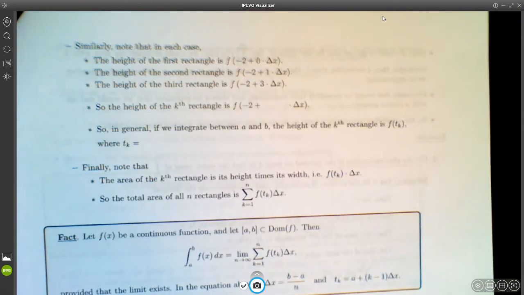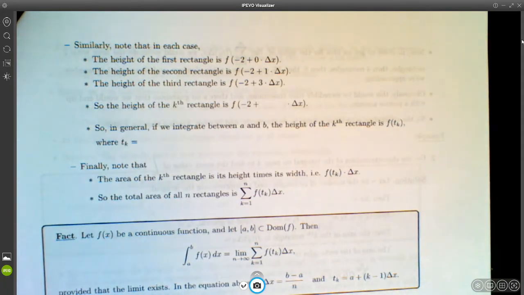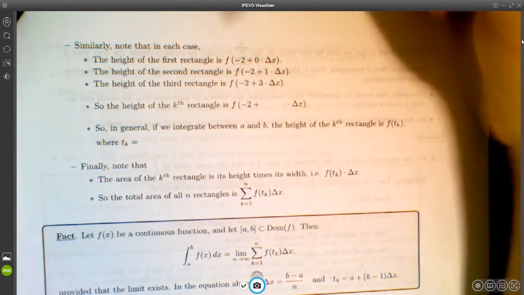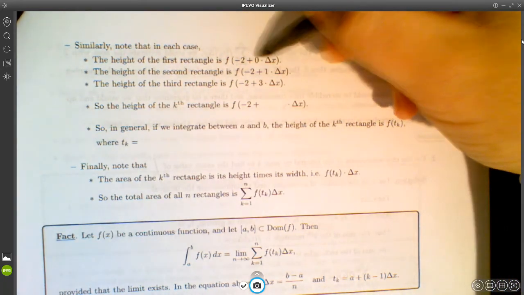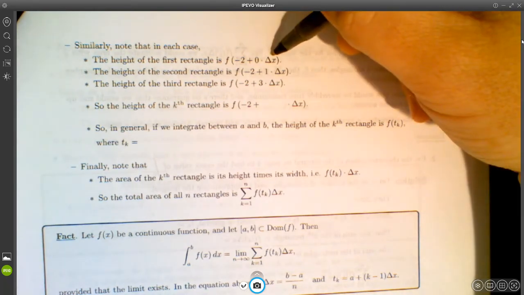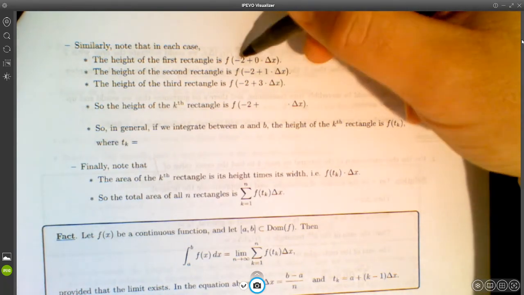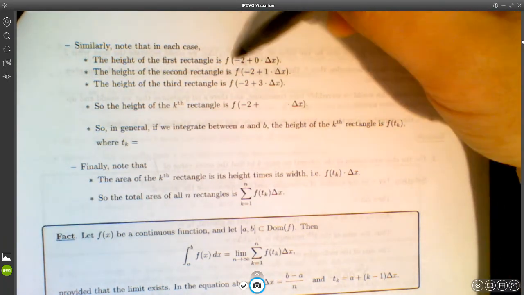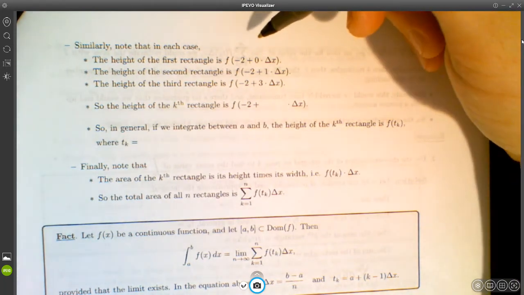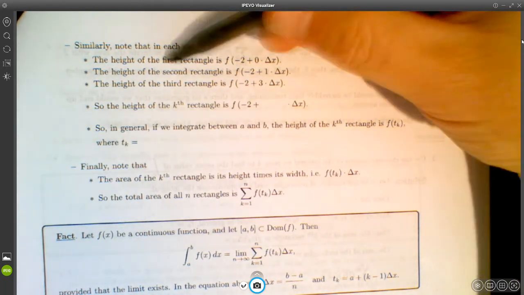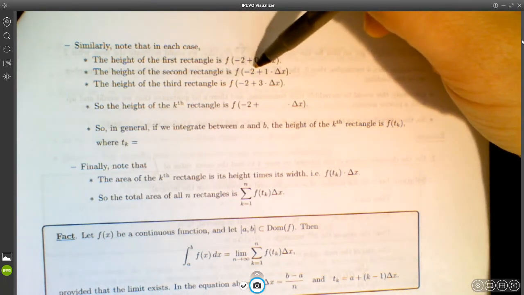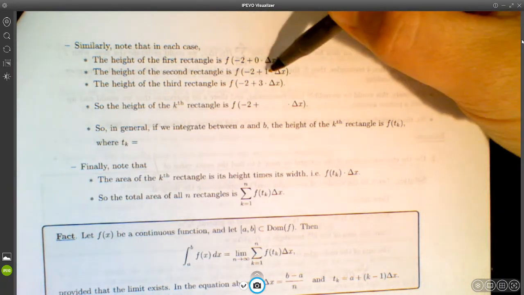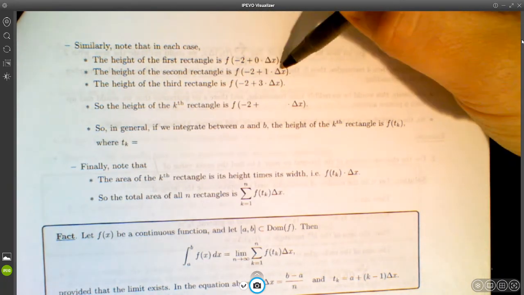What about the height of the rectangles? Well, the height of the first rectangle that we looked at was -2 plus 0 times the width of the rectangle, because that was just our starting point. It was the left end point of the leftmost rectangle. And it's the function value, as we saw as we were working through these, right? What about the height of the second rectangle? Well, the height of the second rectangle is our starting point, a, -2 in this case, plus the width of the rectangle,